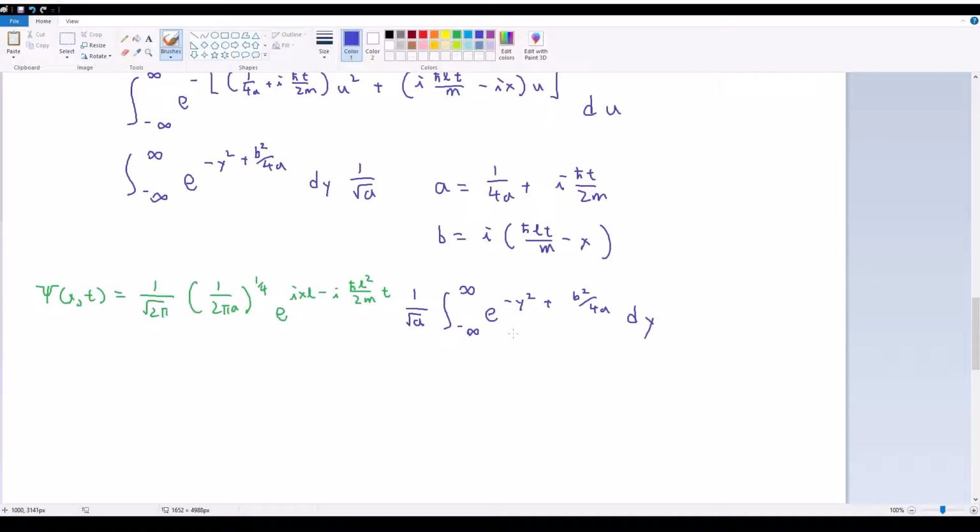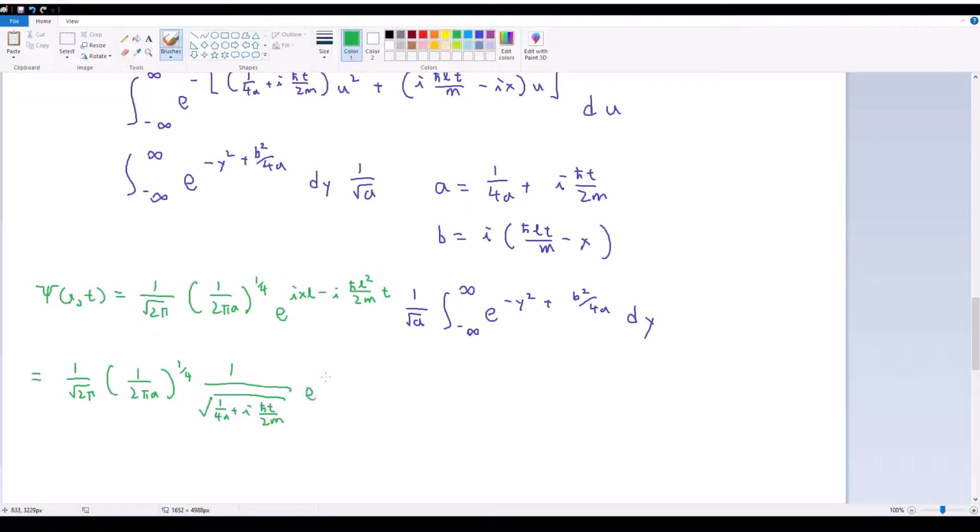Let's see, we can move some stuff out. So converting everything, we're going to get 1 over square root of 2 pi times 1 over 2 pi a to the power of 1/4, times 1 over the square root of 1 over 4a plus i h bar t over 2m,